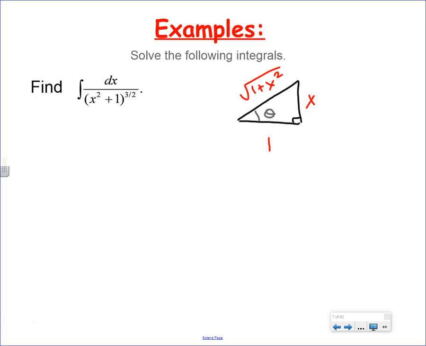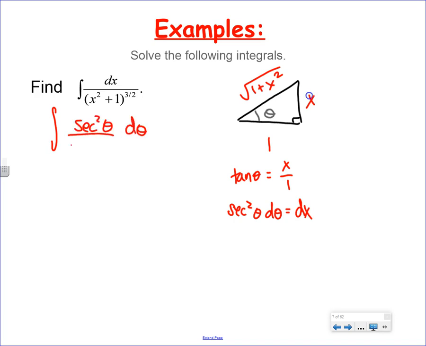This isn't maybe quite so easy to see, even though in my mind I can make an argument. But what if we just said, okay, fine, tan of theta is equal to x over 1, aka just x. So I came over here and said, what if I just do secant squared of theta d theta is equal to dx, because I already have the easiest expression. Then I can go ahead and plug in and say, all right, fine, I don't know exactly what's going on, but I can say it's the same thing as,